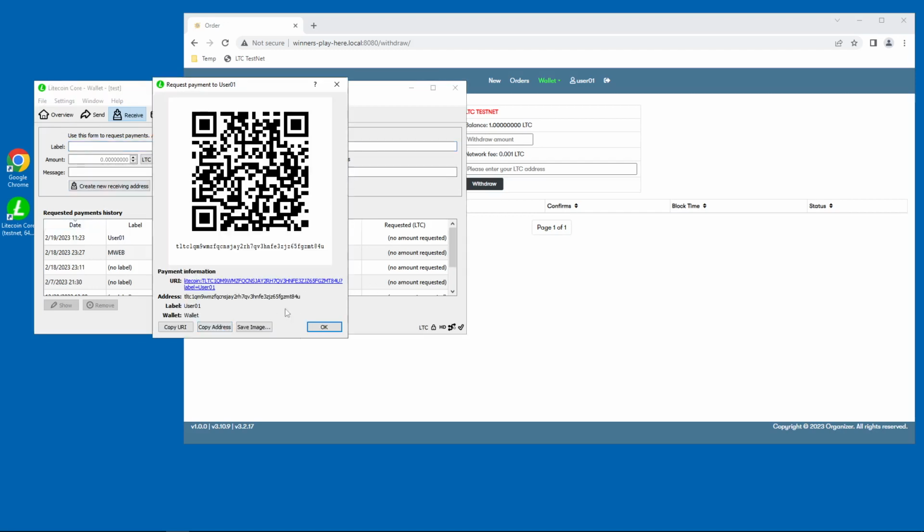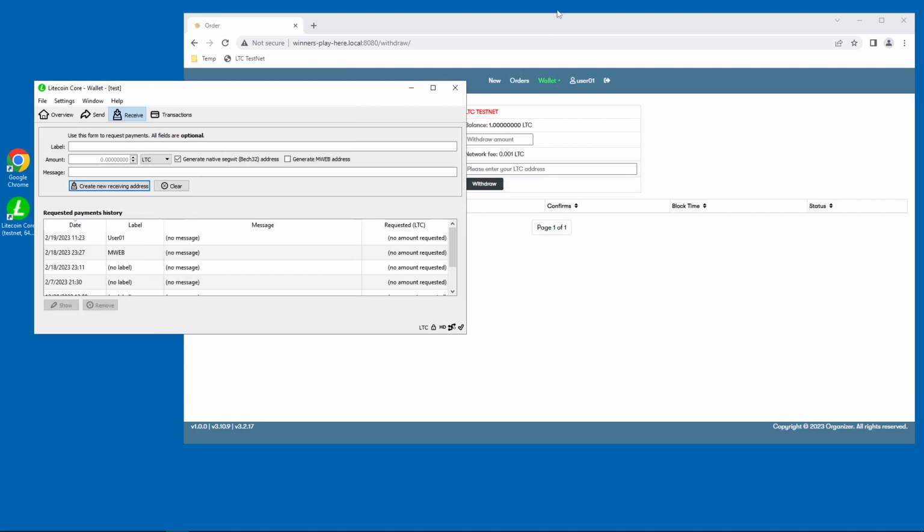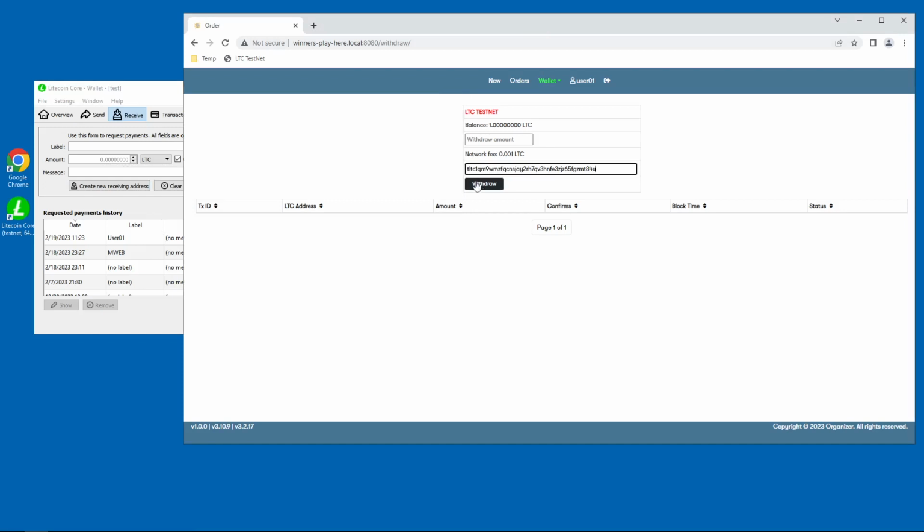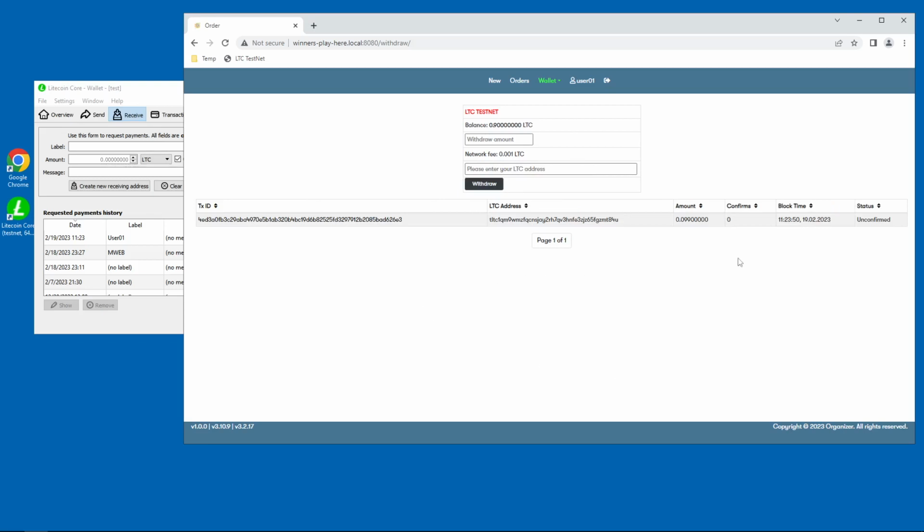Okay, this one. The address starts with the letter T because it's a test network. The amount we want to withdraw, there's a static fee I implemented, so the 10 cents